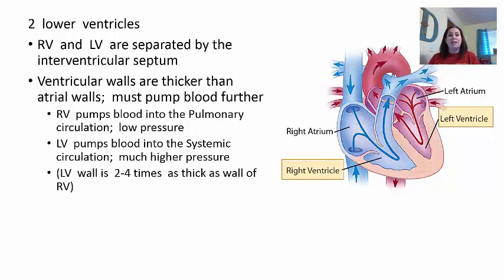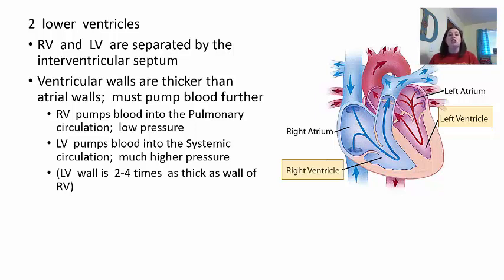On the other hand, the left ventricle pumps blood to our systemic circulation. Our systemic circulation is every other tissue in our body. Okay, it's going to send blood that's oxygen rich. That's why you see it in red over here. Oxygen rich blood that just came back from the lungs,